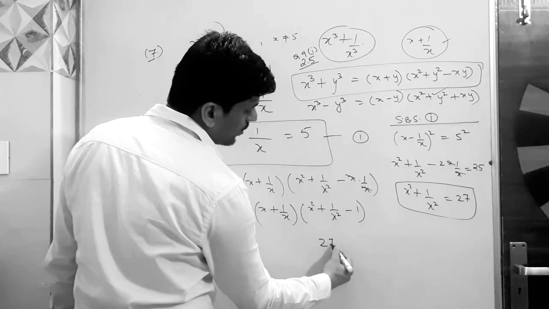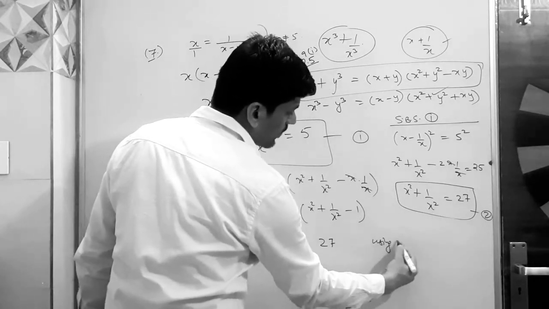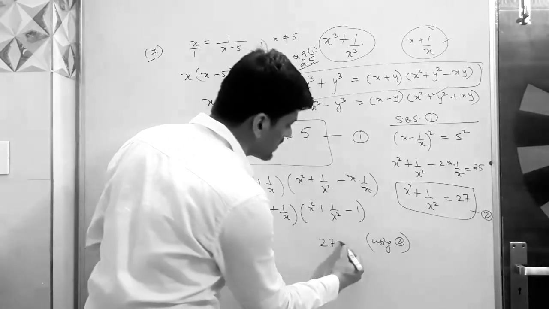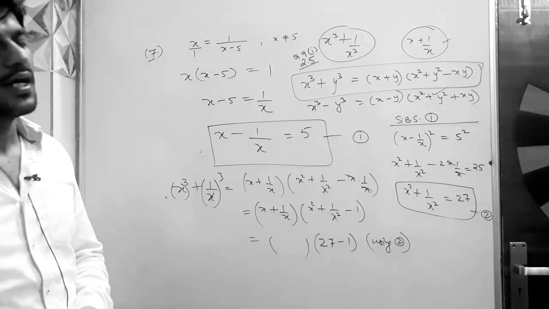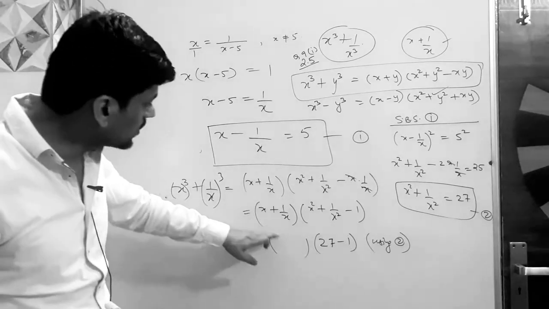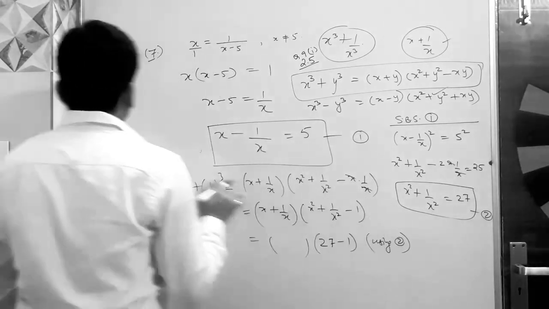We can substitute the value here in equation number 2, and we can write here using equation number 2. We have substituted the value of x square plus 1 upon x square as 27. Minus 1 is already written. Now we just need x plus 1 over x. And now comes the tricky part. Okay, now to find out this value, it's a little bit tricky. How do you do this? Now see,